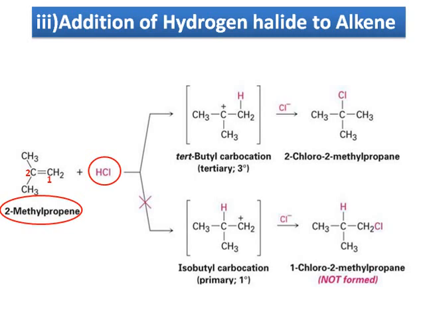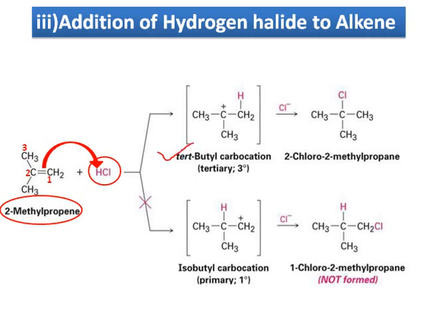This is carbon 1, now this is carbon 2, this is carbon 3. So we have seen the pi bond is present between carbon 1 and carbon 2. At carbon 1 there are 2 hydrogen atoms, and at carbon 2 there are 2 methyl groups. So it is unsymmetrical. Now the pi bond between carbon 1 and carbon 2 is attracted towards the positive part of HCl. That means hydrogen is added to either carbon 1 or carbon 2 through the pi bond.